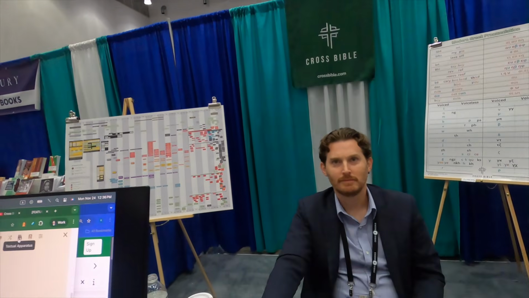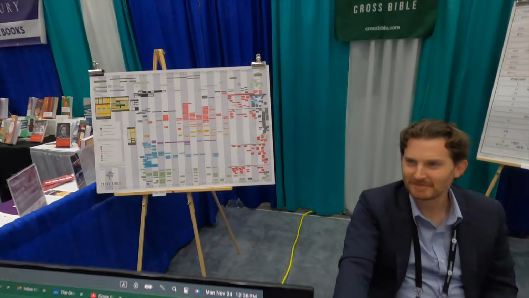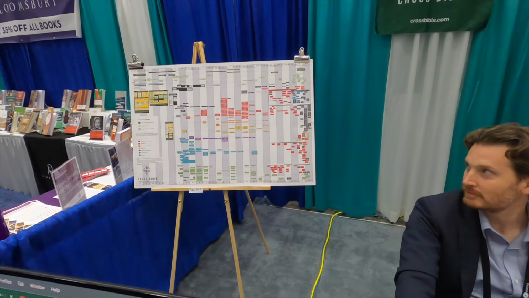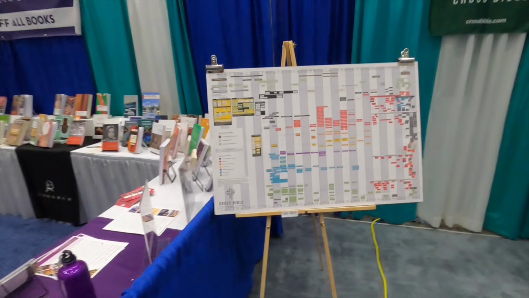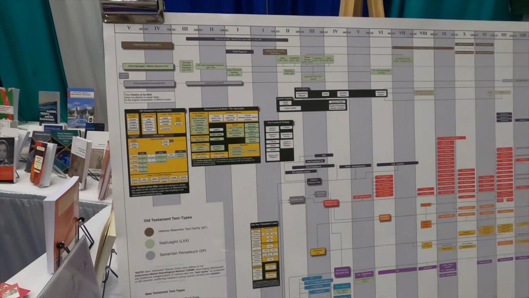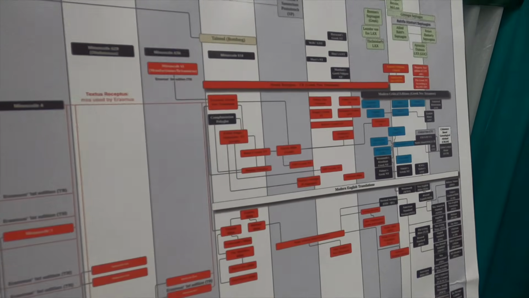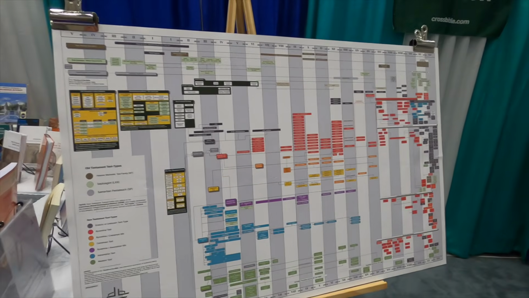And Stephen here came up at two SBLs ago with a billboard. And we started talking, and he's produced a very cool Emmanuel Tov-endorsed, or at least thumbs-up, poster. He said it was for the most part this portion of the manuscript history and the different manuscripts all the way up to modern translations. This poster is available at CrossBible, and they're available digitally, as well as in print on the website.